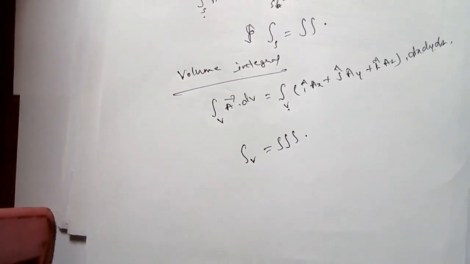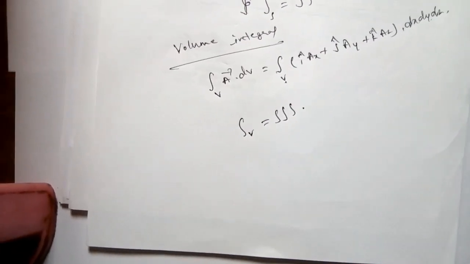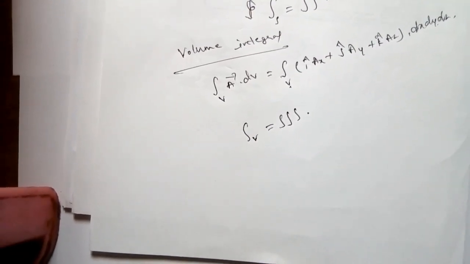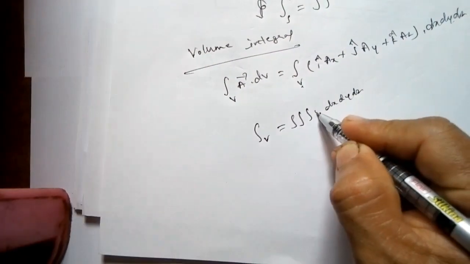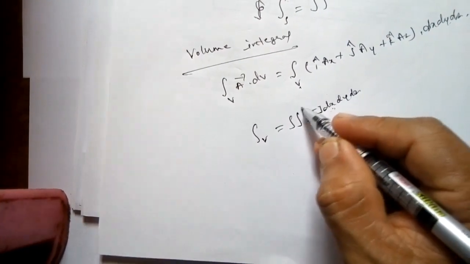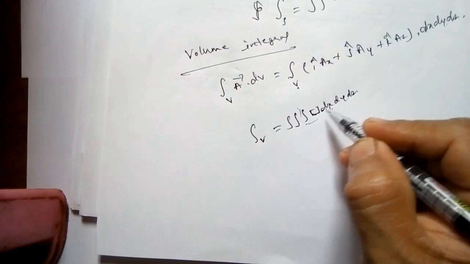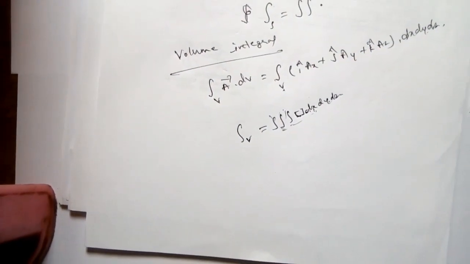With respect to x, y and z, we have to integrate thrice. Here I have also explained how exactly to evaluate that. If I write dx dy dz, it means first you evaluate the innermost integral, corresponding to dx, then next dy, then dz. This also I have explained.